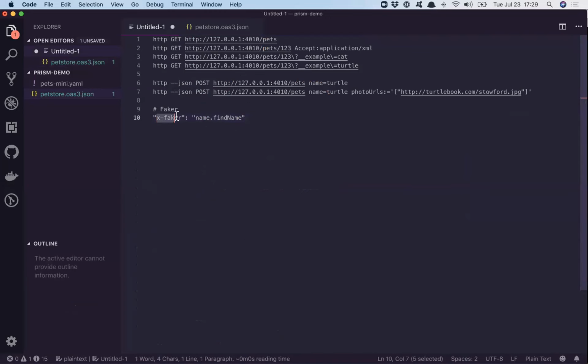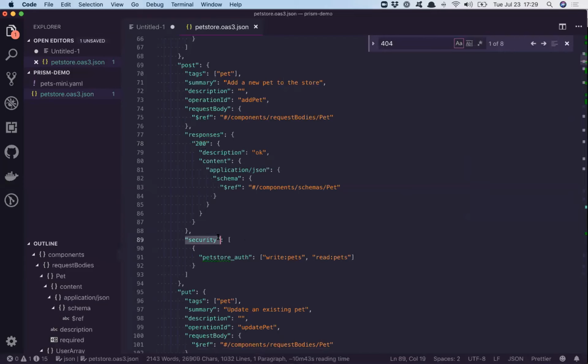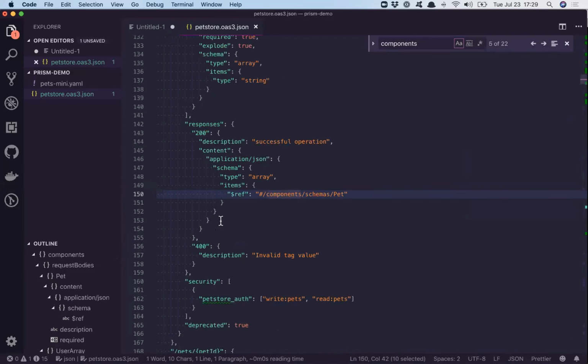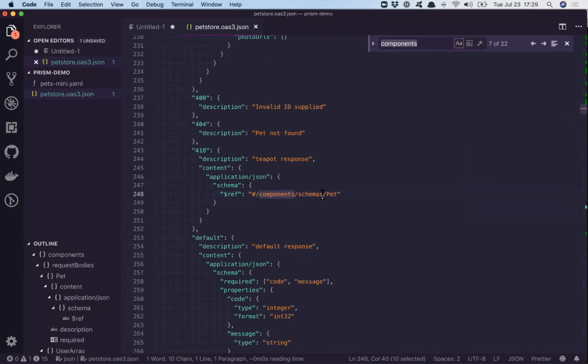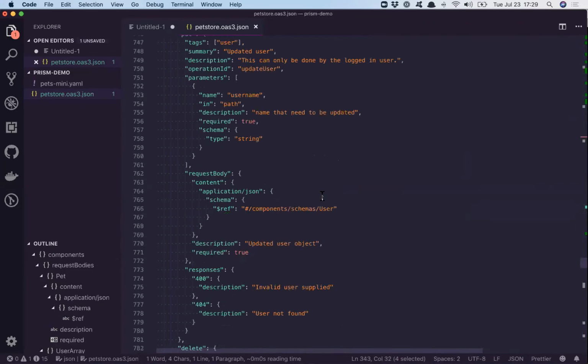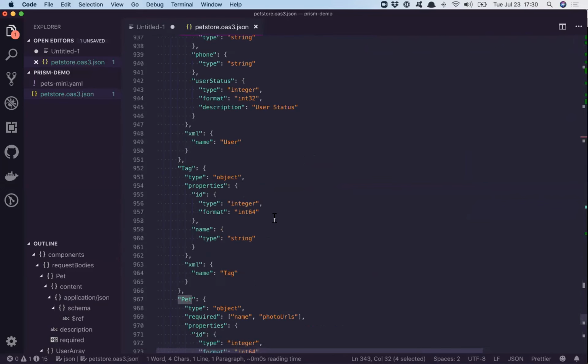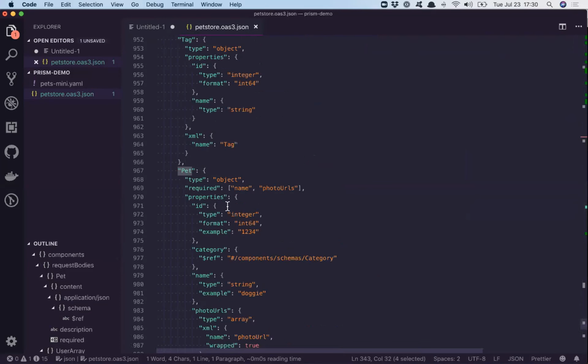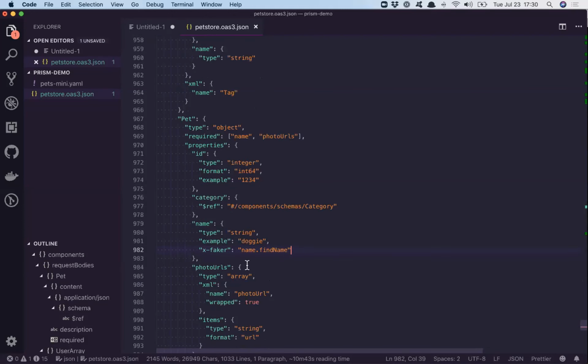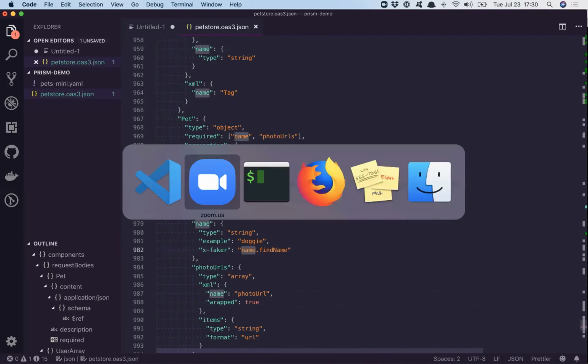So there is a common convention in OpenAPI land. X hyphen is the vendor extension, and then Faker is the name of the extension. So we enabled the Faker extension. If I go to components around here somewhere, pet, I know where it is, 900. It's the trouble with having this one massive file. This is not how people should make files. You should always use ref and make it small and easy to navigate. Here we go. So this is literally all you do. There's different things you can do. You can have internet.ip and whatever. There's loads of things, and I'll show you where they are in a sec.